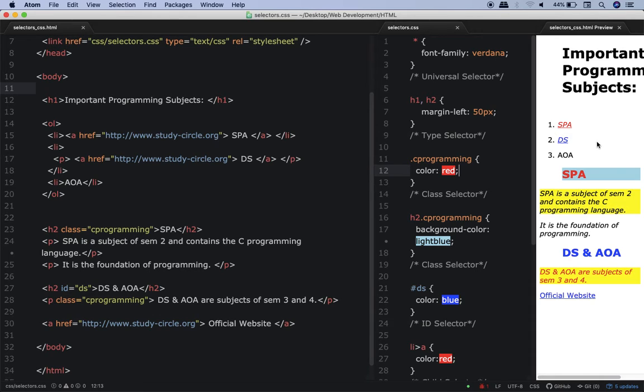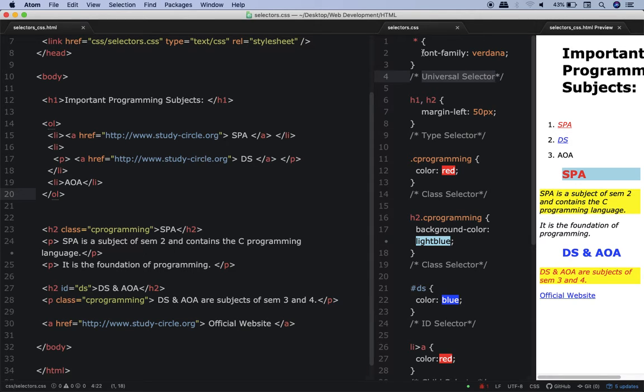Okay. So now let's start. This is going to be fun. This is going to be interesting but slightly difficult also. So pay good attention over here. Now first of all, this star over here stands for all. It means that whatever rule or declaration we write over here is applicable to everybody in the HTML document. And this star is called the universal selector. Universal selector means it is applicable to everybody. So I'm writing over here font family Verdana. This means that the font of this entire document will be Verdana.